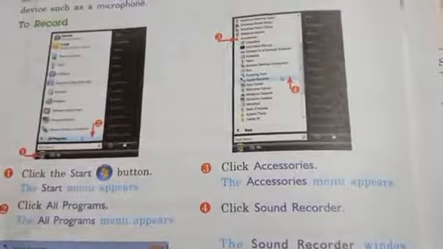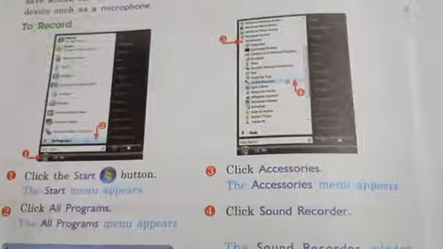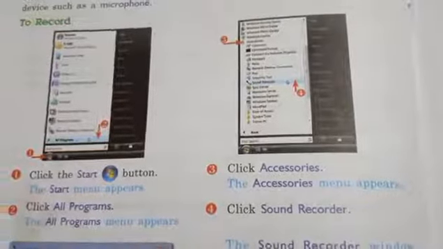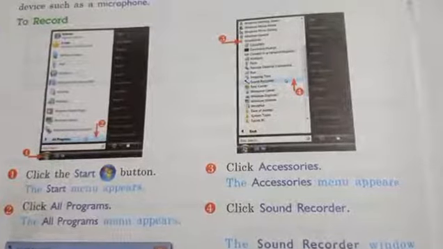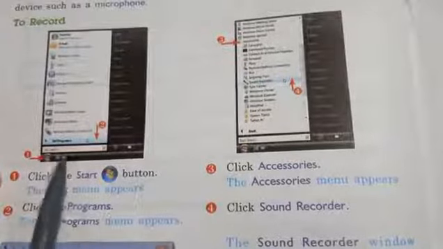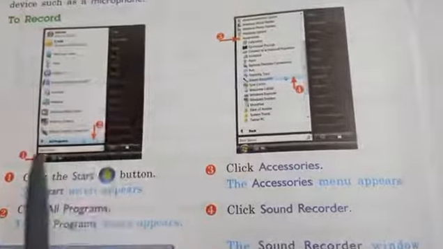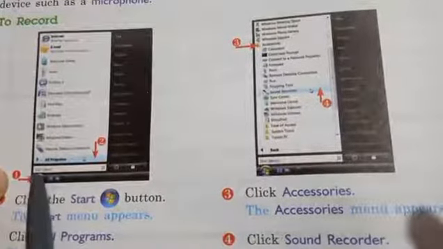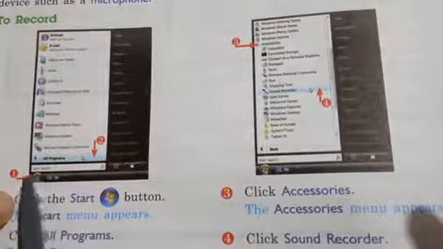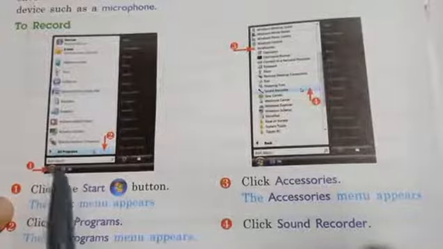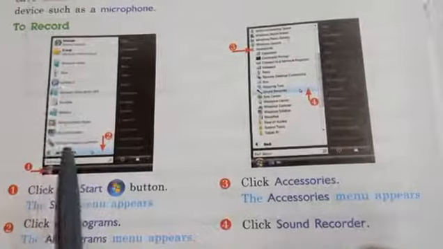Now the question is how we can open the sound recorder, or how we can use it. So there are some simple steps. First step, click the start button. This is the screen of your computer. You can see a start button here. First you have to click on this start button. The start menu appears.